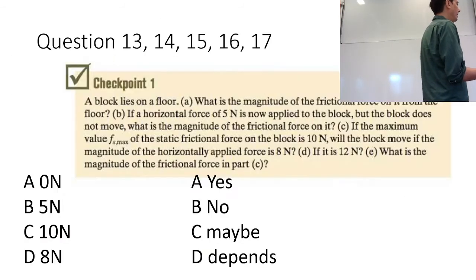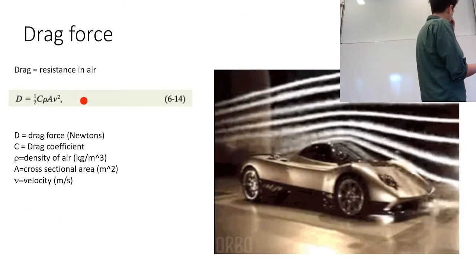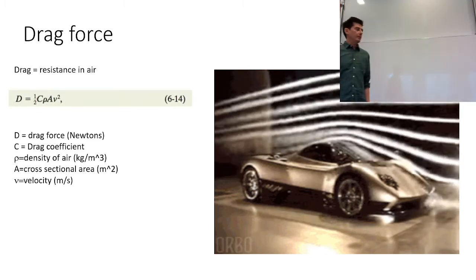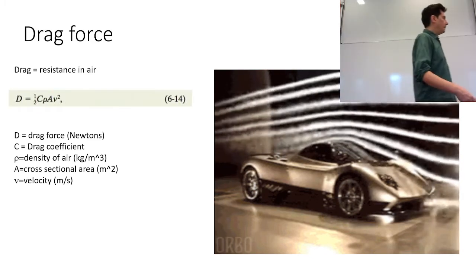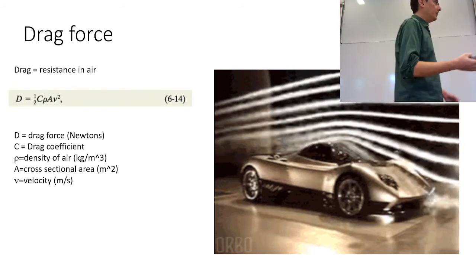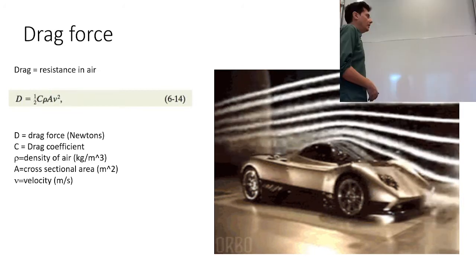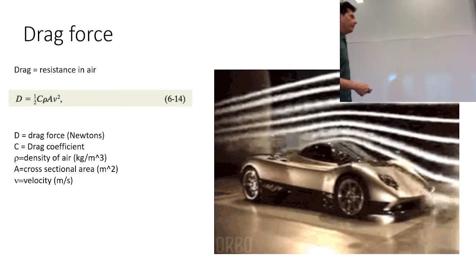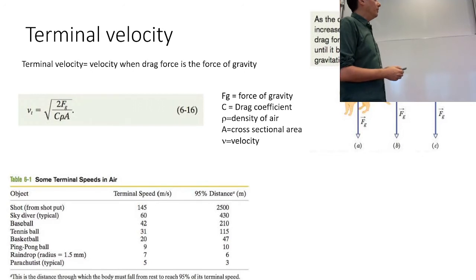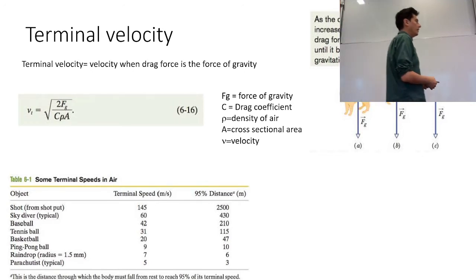But over here, we're saying that actually it's squared, right? So basically, the faster that you're going, it certainly goes up, but it goes up much more quickly than just, say, a linear relationship. So this will get quite large if you are going very fast, right? So then, just from this formula, we can easily work out things like terminal